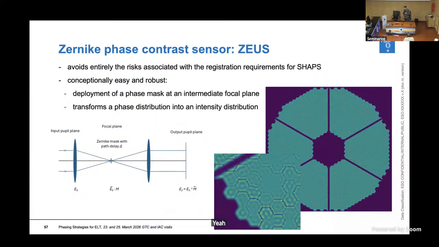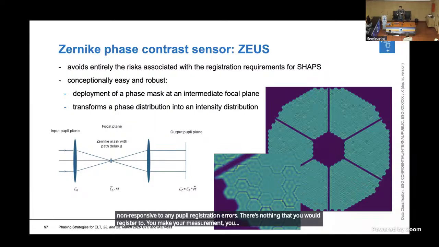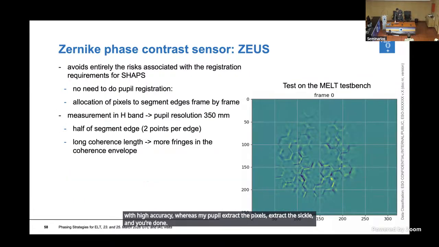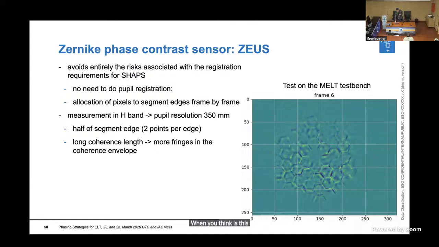Yeah, we're using this. The nice thing about it is that it's completely non-responsive to any pupil registration errors. There's nothing that you would register to. You make your measurement, you detect the signal, you can find the pupil photometrically, you have enough segment edges that you can say with high accuracy where your pupil is, extract the pixels, extract the signal, and you're done. The only thing is, this works in H-band, and therefore we have more fringes in the